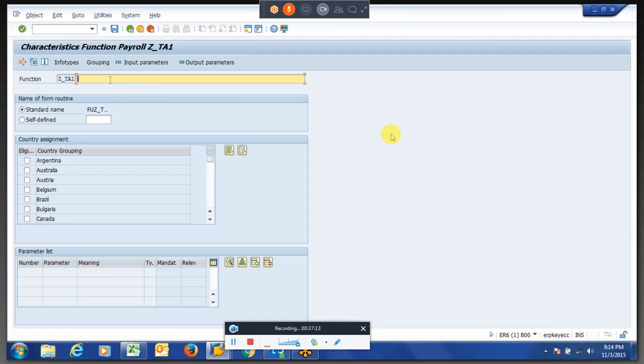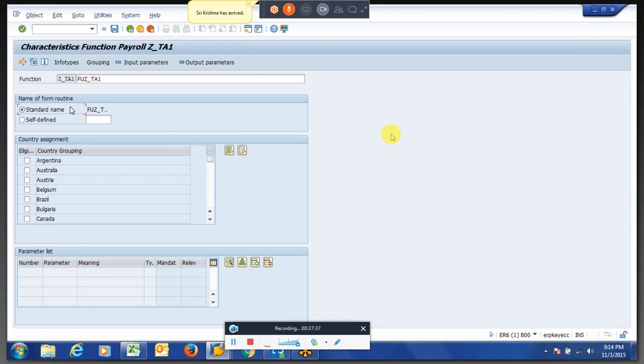If you see the form routine, we have given Z_TA1. By standard, it was creating a function Z_TA1. If you want to define it yourself, you can create your own form routine without using this.